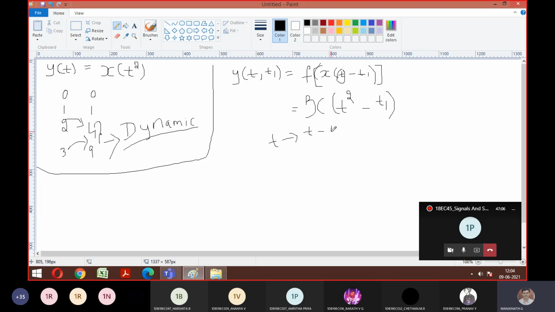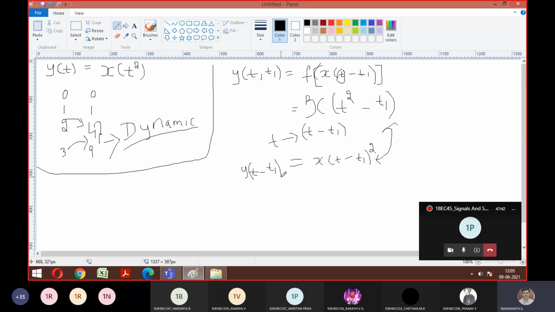Similarly, the second step says wherever you find t, replace it with t minus t1. This is your step number 2. I am giving the delay with respect to my output now. So wherever t is there, replace t with t minus t1. If we do it like this, then x of t becomes x of t minus t1 whole square. Are both answers the same? This is like a minus b whole square, so you'll get a square plus b square minus 2ab. Is it matching with step 1?